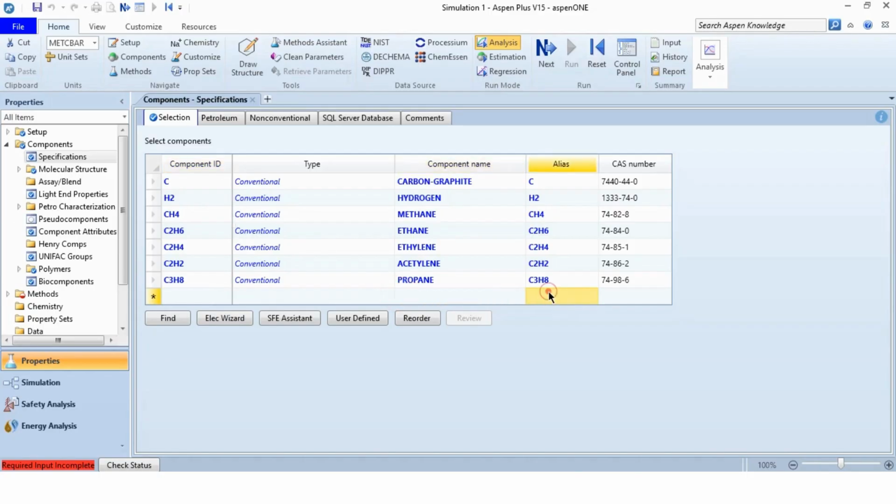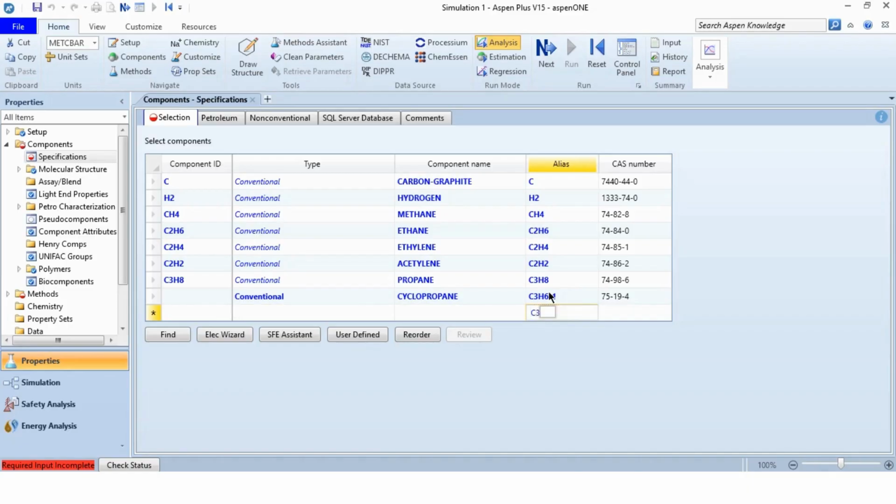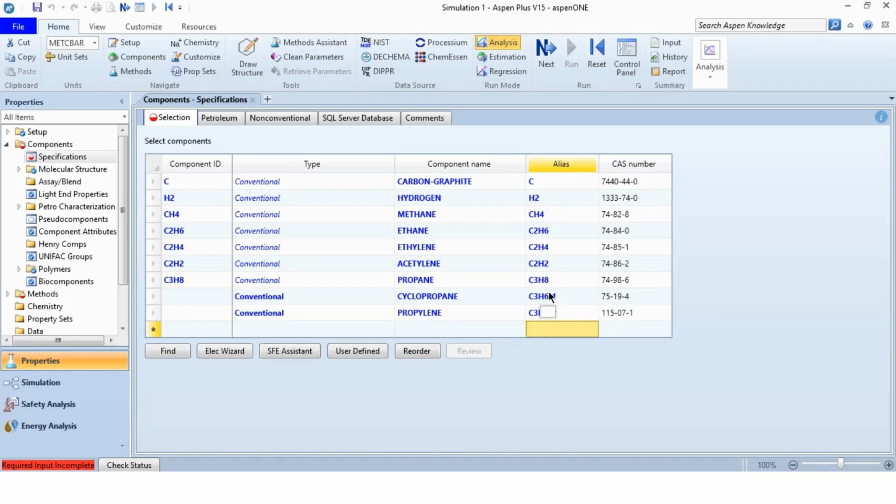Now we will add C3H6-1, which is cyclopropane, C3H6-2, which is propylene,